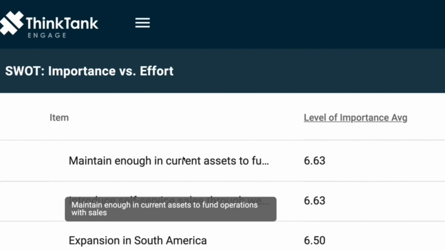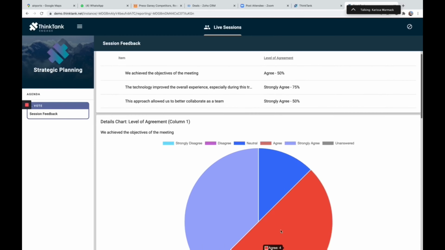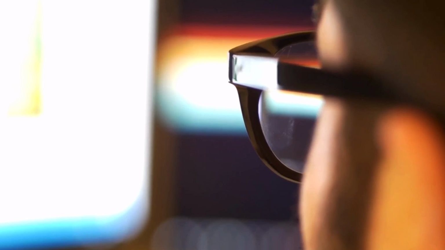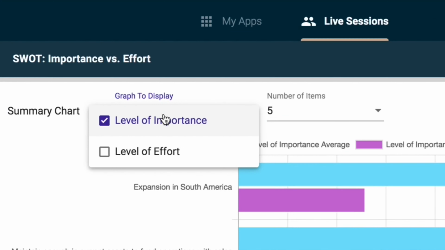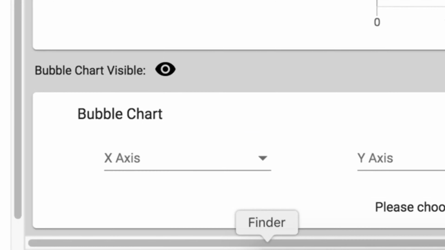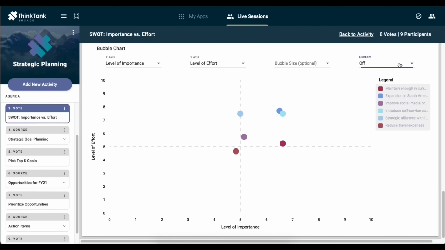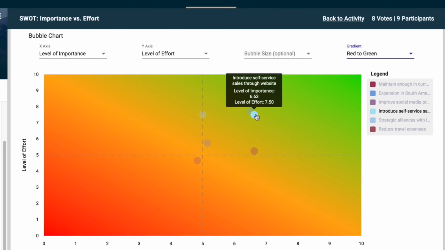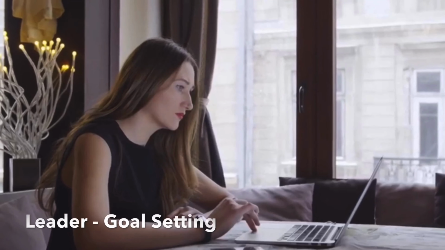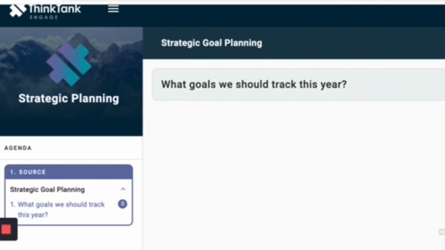The embedded analytic tools help the leader to observe gaps and misalignments among the group, refocusing them on areas to address the most, and visually assessing the most important aspects of the strategy using intuitive bubble charts, data grid summaries, and heat maps. In a fraction of the time and cost of a traditional strategy workshop, ThinkTank has aligned the group around a strategic assessment, and now it's time to set and prioritize some goals.